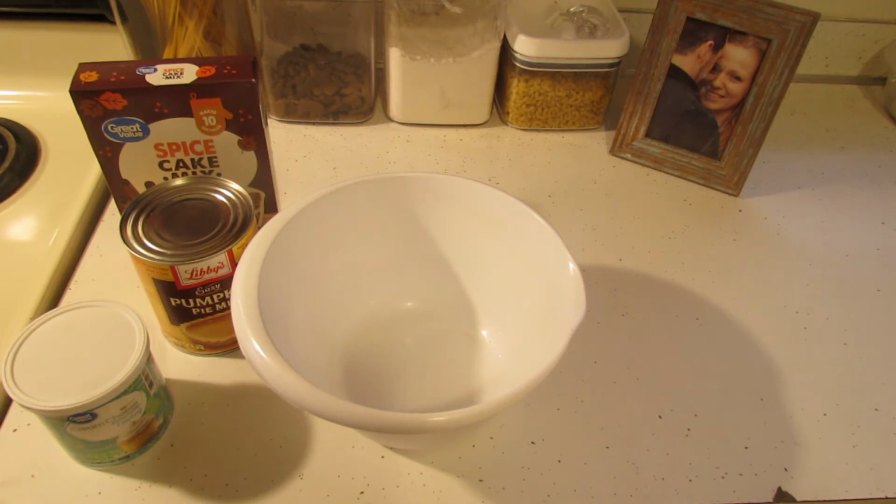you set the oven to 350 and you're going to let it preheat. So I've done that already, and I'm going to grab the mixer stuff I need and